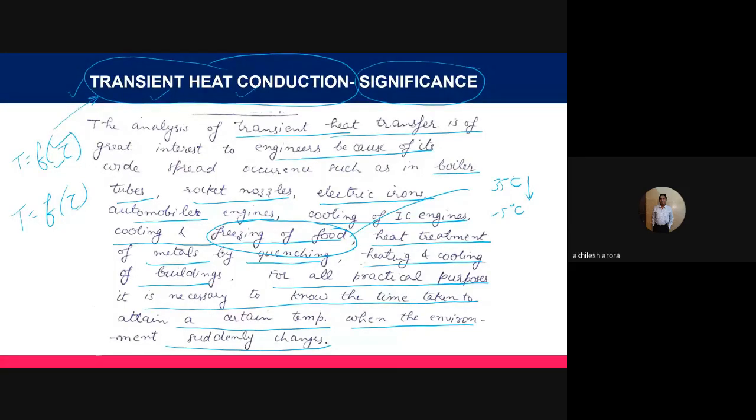Similarly, sometimes we are carrying out the heat treatment of alloys, and when we carry out the heat treatment of alloys, we actually heat the solid to a particular temperature, maybe 723 or 773. I don't remember exactly the values, and then you do various processes like hardening, tempering, and so on. You cool these according to the requirement actually. So that is also a case of transient heat conduction.